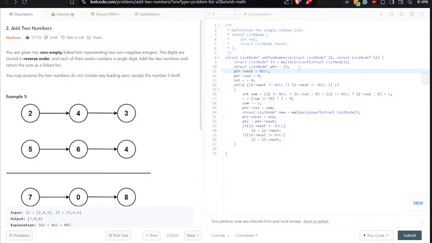Now what we have is new, malloc size of struct list node, and PTR next new. PTR equals to PTR. PTR next will be new. We'll have new PTR next, then okay. I think we should tone ourselves down a little bit. Actually not, but